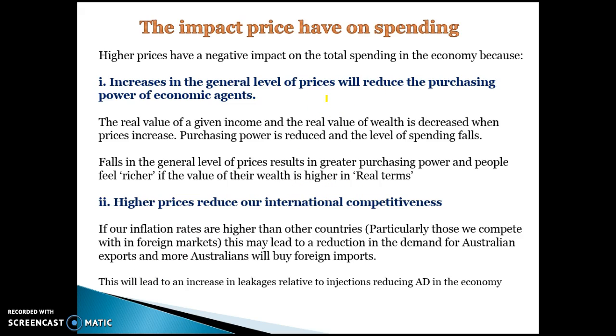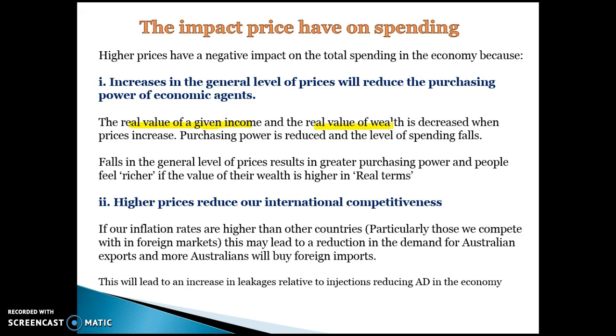So the first reason why at higher prices we don't produce and consume as much, or demand as many in this case with aggregate demand, is that basically any given income, or any real value of people's wealth, is decreased when prices increase. So, for example, if you've got $1 million worth of wealth, if a country is experiencing high levels of inflation, the real value of that wealth is now decreased. So people's purchasing power is reduced when prices are high,